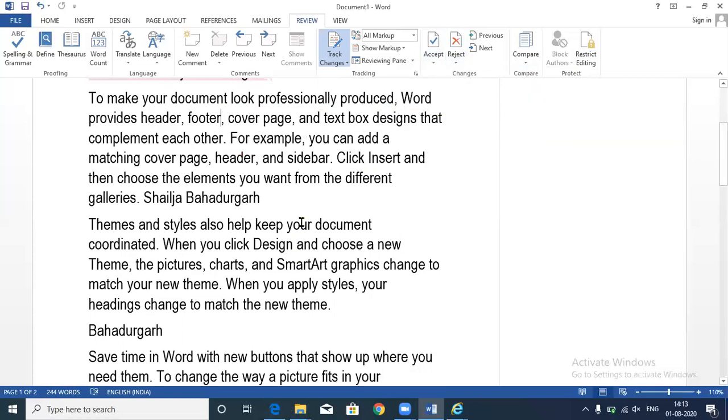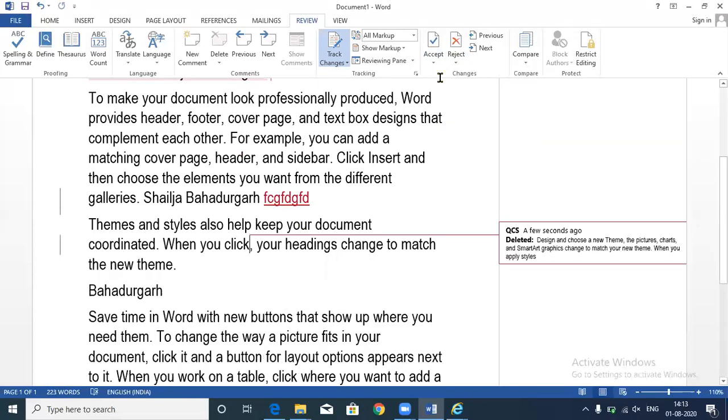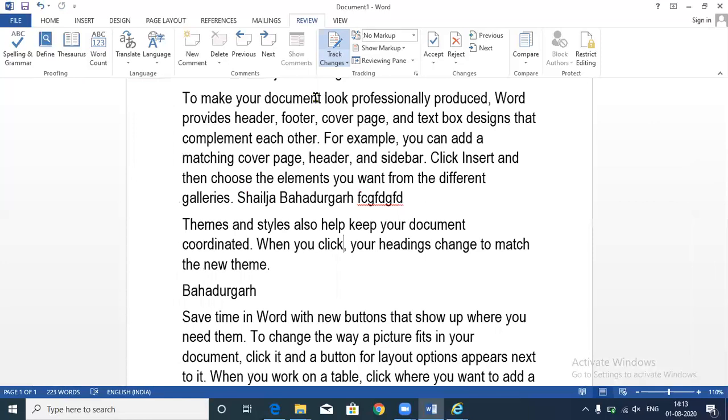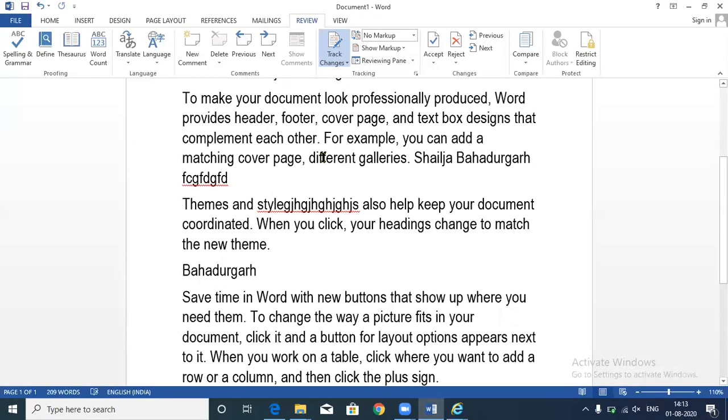Okay, for example, you have made some changes in your document and you want to save those changes, you want to accept those changes, so you can accept those as well, accept all changes. Fine. And for example, if that person knows about the track changes option, what can you do in that case? You can select one option from here, no markup. Okay, when you turn on your track changes, it will not highlight the data at the same place.